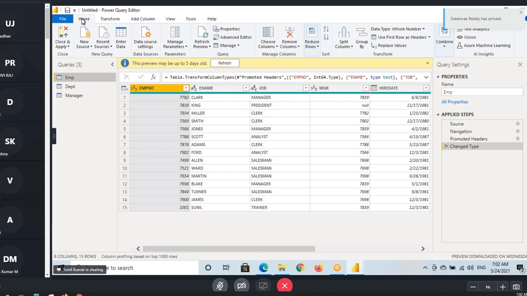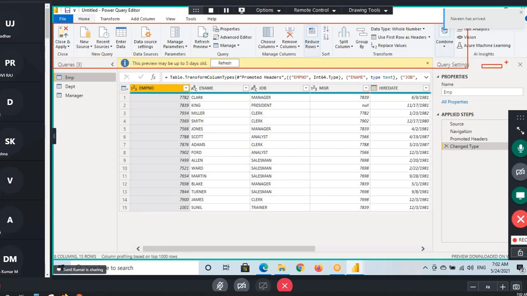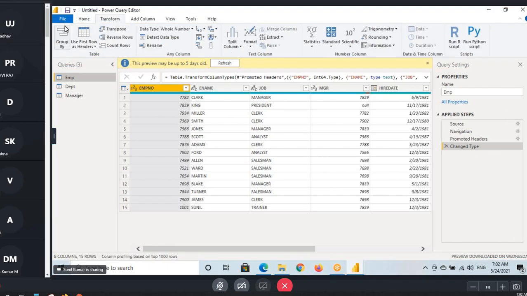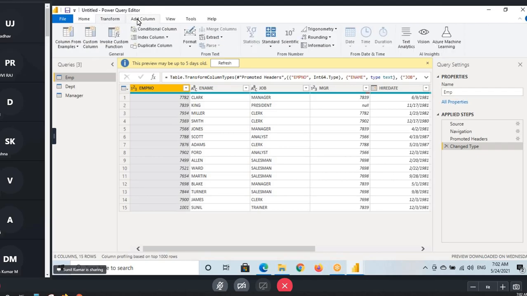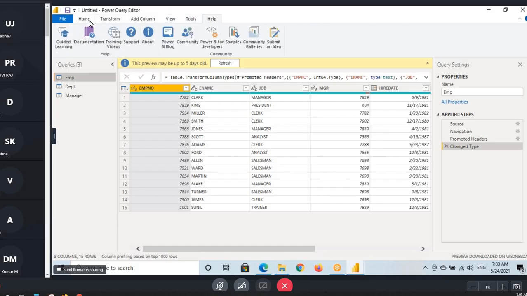Home tab options. In the Home tab, what are the different options we have? What is each option? In the Transform tab, what are the different GUI options we have? We'll discuss. Add Column tab, what are the different GUI options we have? We'll discuss. We'll go tab-wise now. Then View tab, then Tools tab, then Help tab. First, let me start with